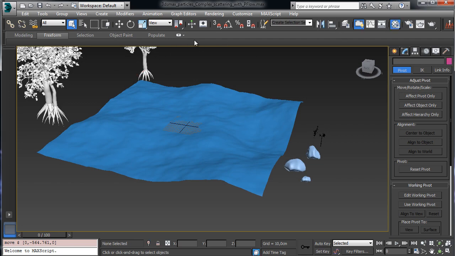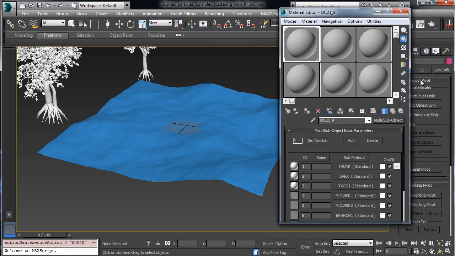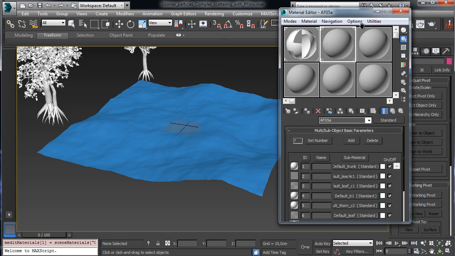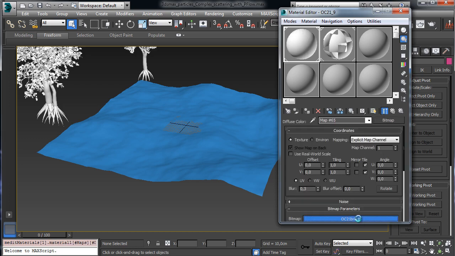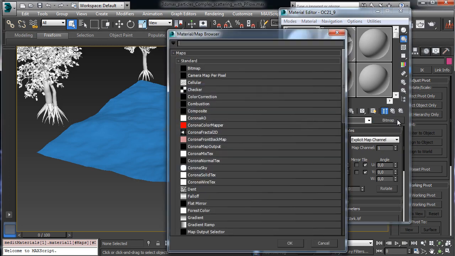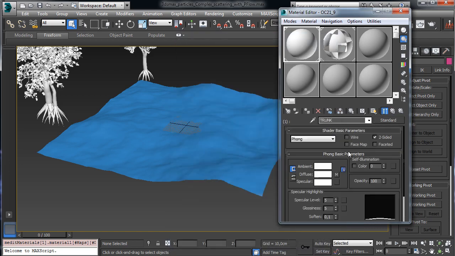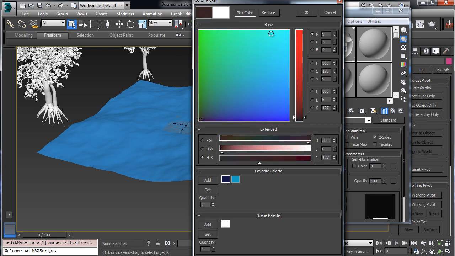We have for sure to check the material. So let's create something really simple. That's the first one. And let's go for the other one too. We'll have something just with a color, nothing so complex. So let's go inside the maps for 3ds Max, and I say let's go for just a color, actually, because I have no texture, and that's not the main purpose of this tutorial. So let's go for a brown color,